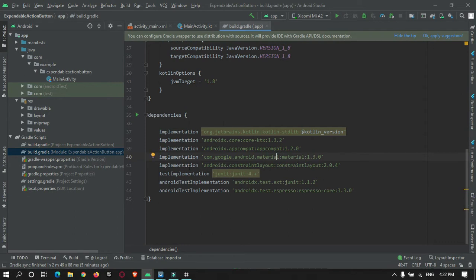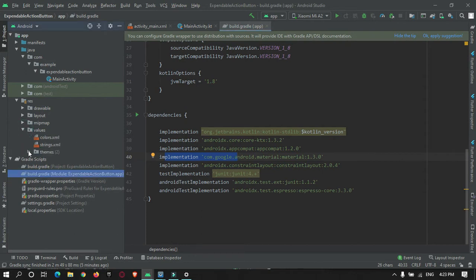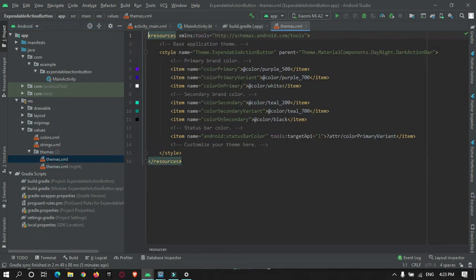Then go to the theme. The parent theme should be Theme.MaterialComponents. Just verify those two things, because without them the floating action button cannot be implemented.